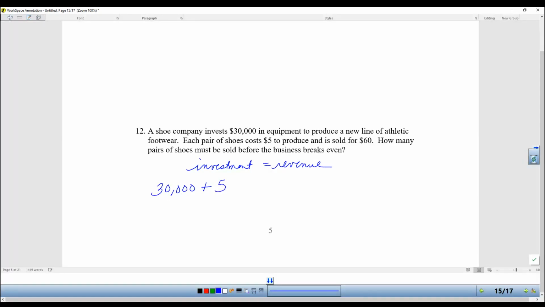The $30,000 must be for their equipment and for their location, and then for the employees and all the machinery. But then each actual shoe takes $5 to produce all the materials that are needed to put into that shoe. So 5 times X. Every time they sell a pair of shoes, they have 60X. They make $60 off of each one. So I can solve this pretty easily. 30,000 is equal to 55x. X is equal to